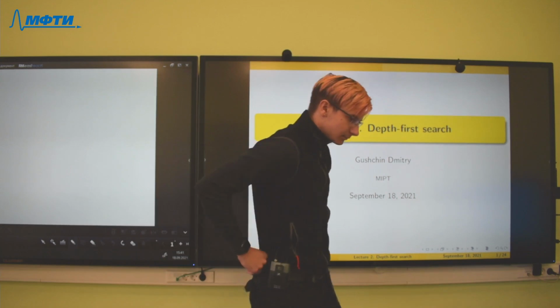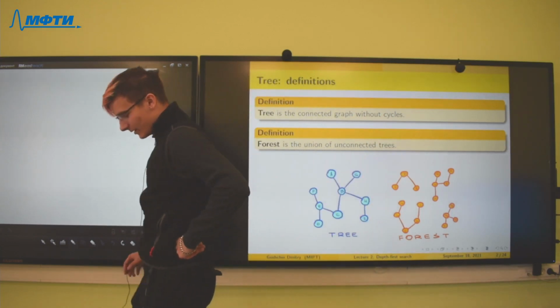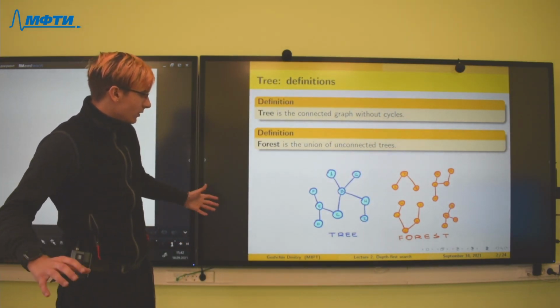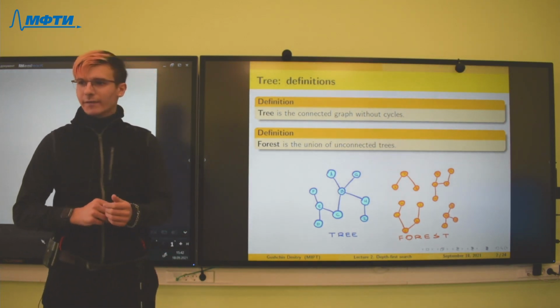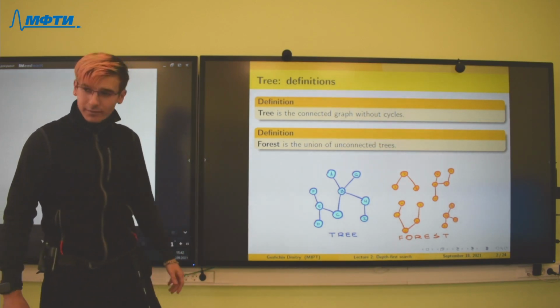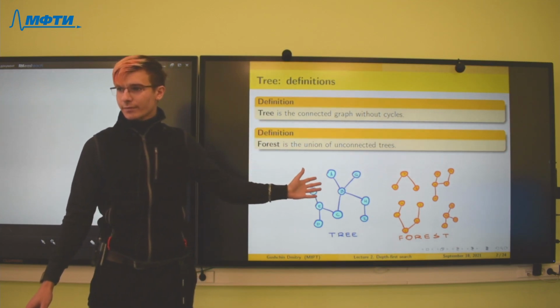So we'll start with, of course, definitions. Today we will talk about trees and forests. As I think you know, a tree is a connected graph without cycles, and a forest is a union of trees. Okay?